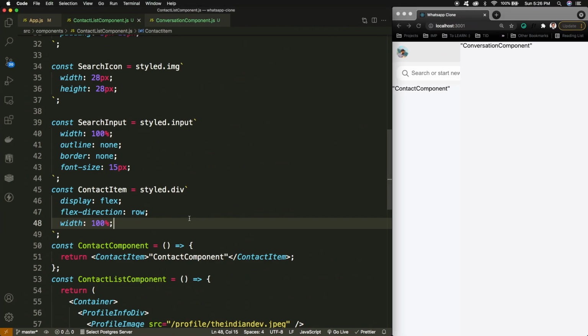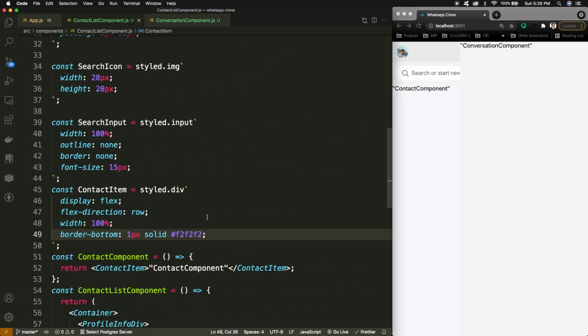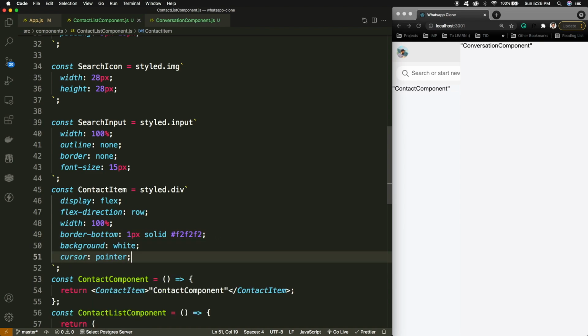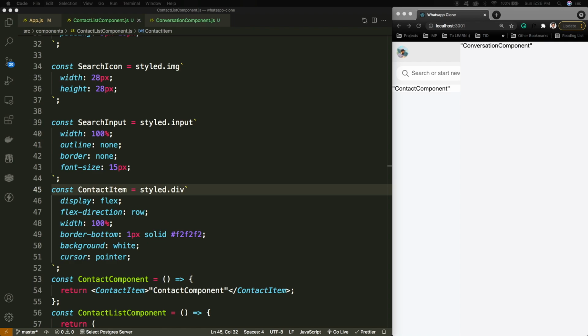So I'll simply write the border bottom as 1 pixel solid and the color code. For every contact item, the initial background color is white, so I can keep this like this. You can see that this is white and the cursor is pointed on this particular element.